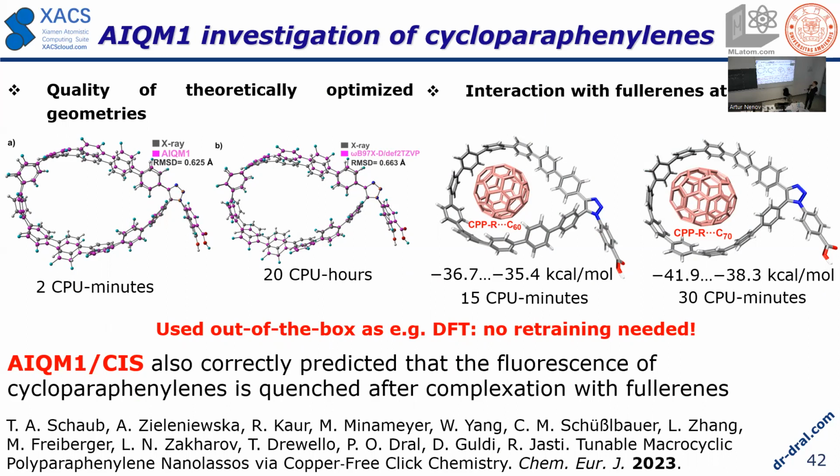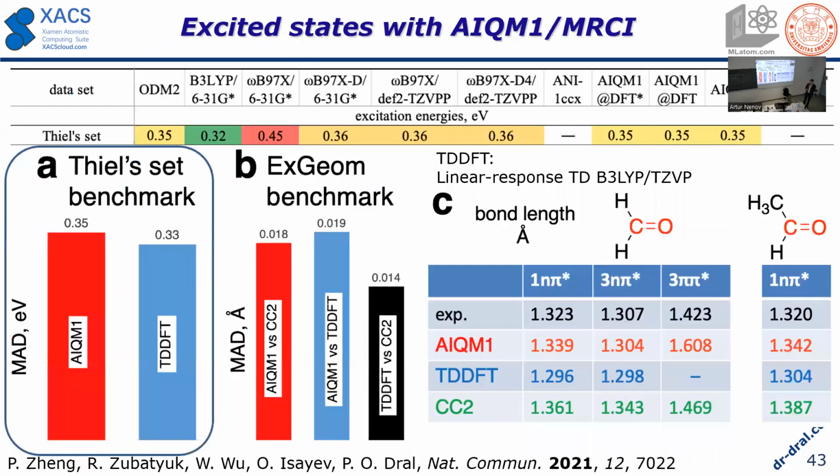You can investigate some properties, and you can use it again for excited state calculations here at CASSCF level, which can predict fluorescence, and that works quite well. If you want to use a multi-reference approach, you can also use it. And then if you do multi-reference calculations on the test set with vertical excitation energy, then it's very similar to TDDFT. You can do excited state geometry optimizations quite fast. Accuracy is again similar to TDDFT.